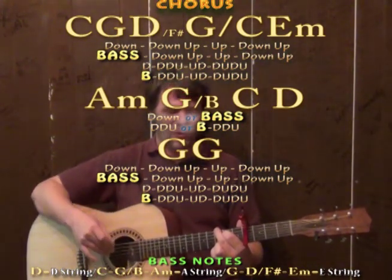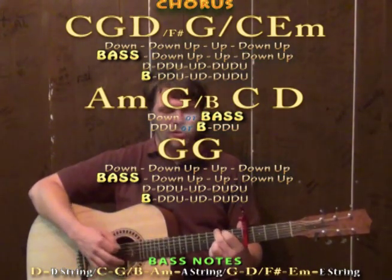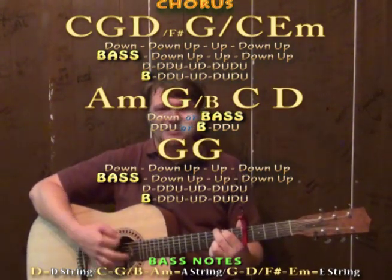But if we tried that through our chorus, we'd have C with an A bass, down, up, down, G with low E bass, down, up, down, D slash F sharp, down, up, down, G with low E bass, down,